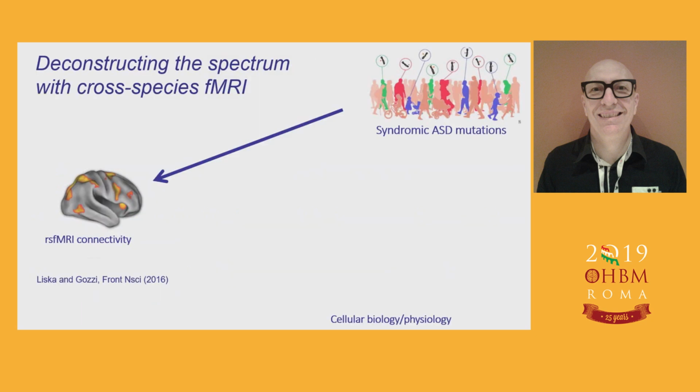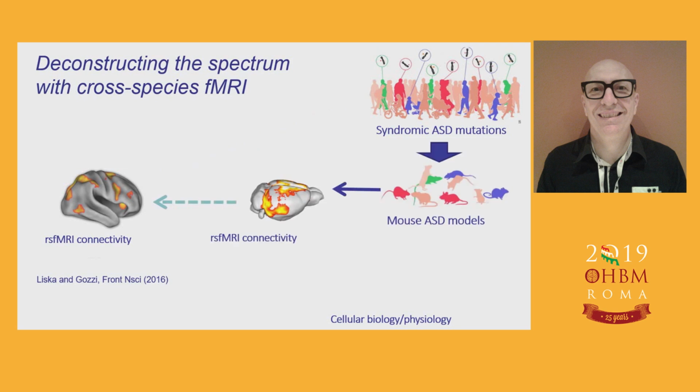And so one of such approaches is going to be described by myself in this talk, and this is pretty much an extension of what Clara beautifully showed in her talk before. She showed that a powerful approach in humans is to select genetically or etiologically homogeneous populations, and you can link these etiologies to some connectivity fingerprints we've seen so far. This is very powerful, but you all know here in the room that these mutations are very rare, so it is difficult to generalize this approach. So what we propose very simply is to shift this paradigm onto model organisms such as rodents.